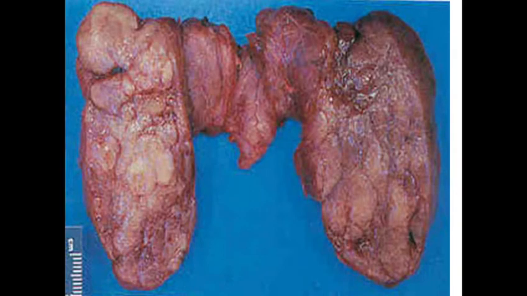Let us discuss Hashimoto's thyroiditis. Hashimoto's thyroiditis is an autoimmune disease in which the immune system reacts against a variety of thyroid antigens. This leads to progressive depletion of thyroid follicular epithelial cells, and they are replaced by mononuclear cell infiltration and fibrosis.